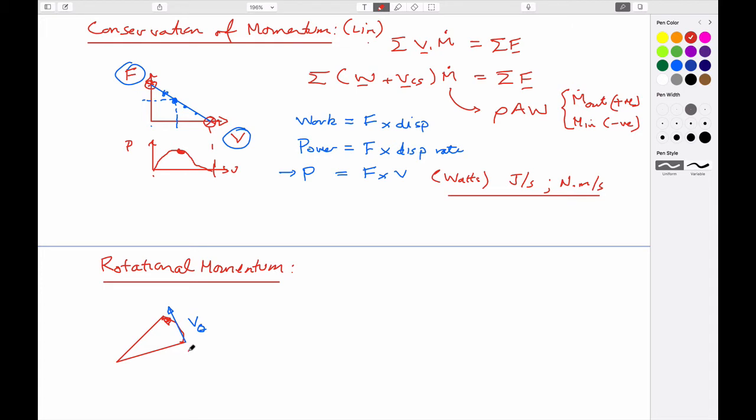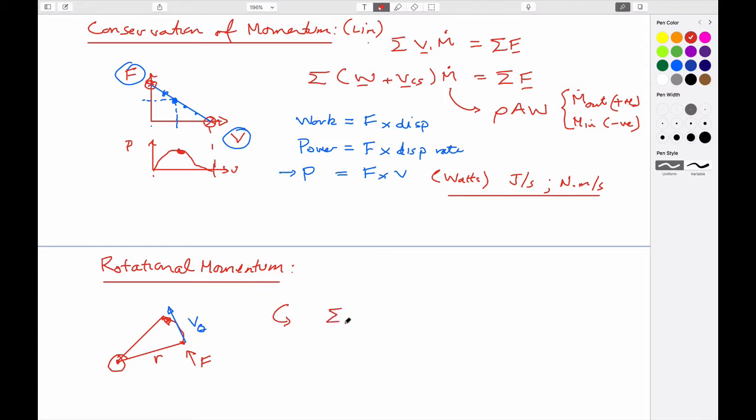There is a force that is applied in this direction. There is a lever arm which it operates through, which is the radius of this arm here, as it goes around this particular fulcrum. And in terms of that, the conservation of rotational momentum that we have is that the